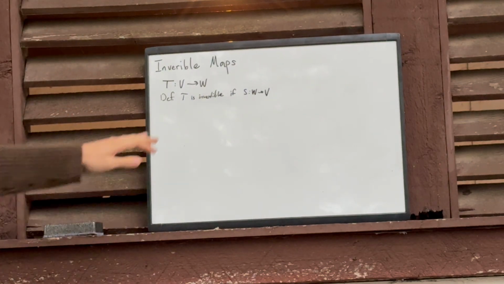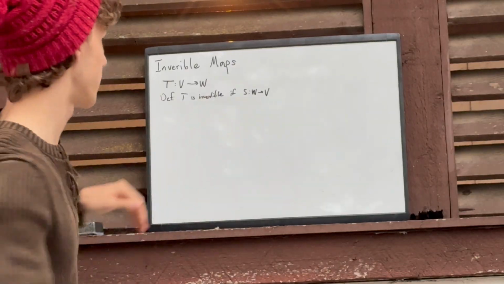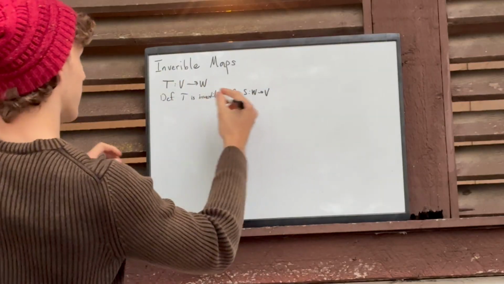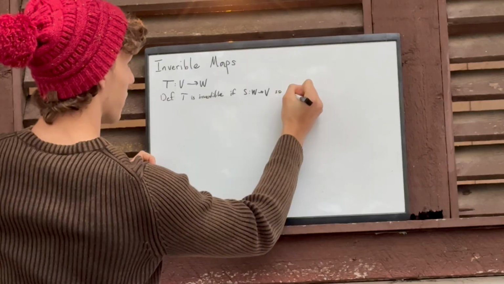Because remember, we're swapping the domain and the codomain when we're taking the inverse. So that other function is going to have to go in the opposite direction, from that codomain to that domain, so that